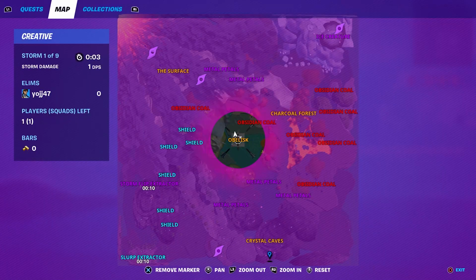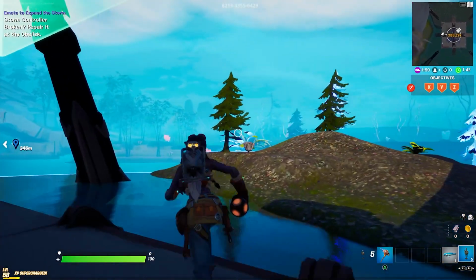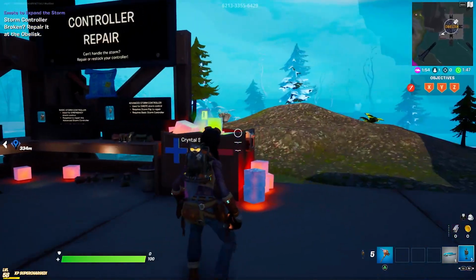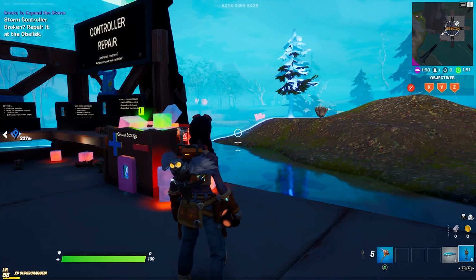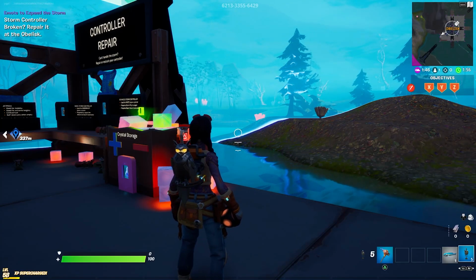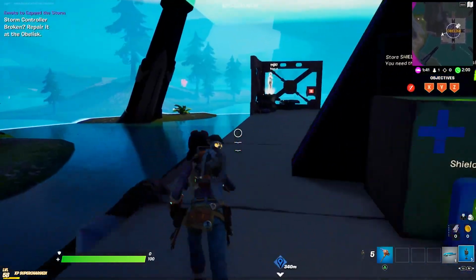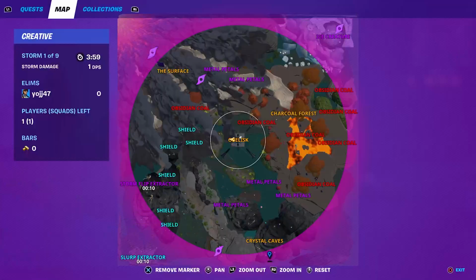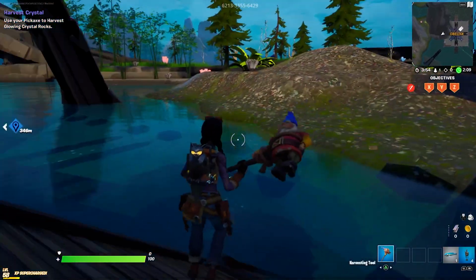the storm has closed in, and I must emote to activate it. So it's going to continue closing in unless I choose to emote to push it away from me. Just let the storm come in a little bit so you can see that. The main thing is I'll push it out to a larger scale and be able to complete the opening quest